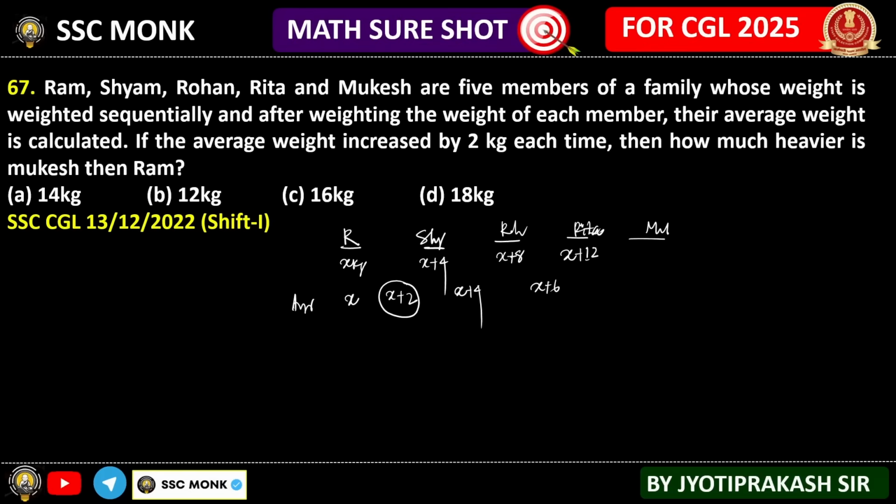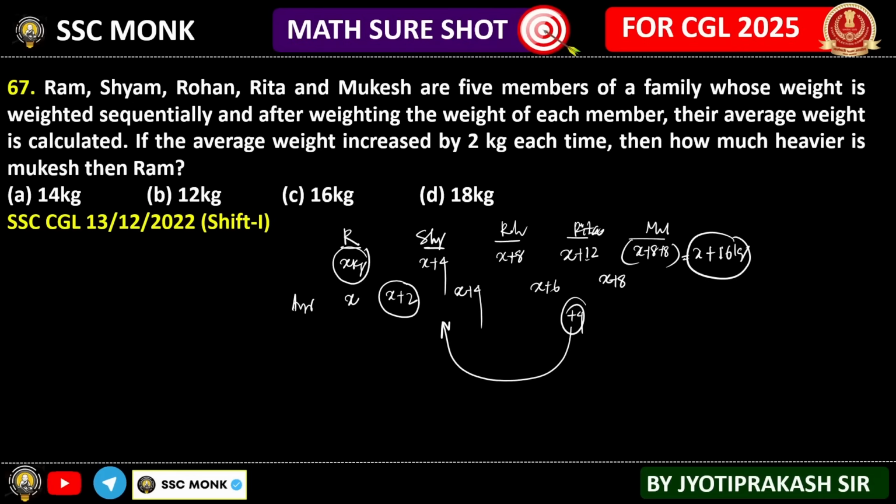Very simple, sorted. Now the next average weight will be x plus 8 kg. That means Mukesh's weight will be x plus 8, Rita will be x plus 8, Rohan will be x plus 8, Sham will be x plus 8 and Ram will be x plus 8. Now see, Rohan is x plus 8 and Rita is x plus 12. That means plus 4 here will be adjusted with Sham. Then Sham, Rita, Rohan is x plus 8. What is remaining? For Ram x kg. So one more 8 kilo will be brought by Mukesh. That means Mukesh's weight is equal to x plus 16 kg. That's why they all will be weighing x plus 8 kg.